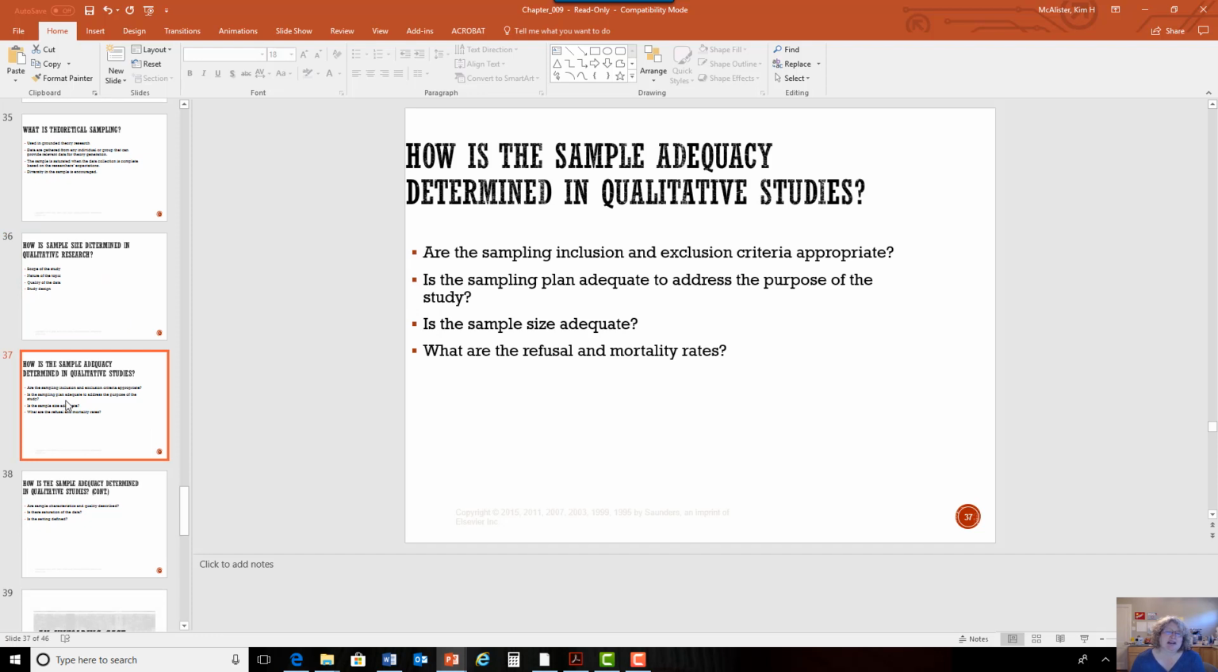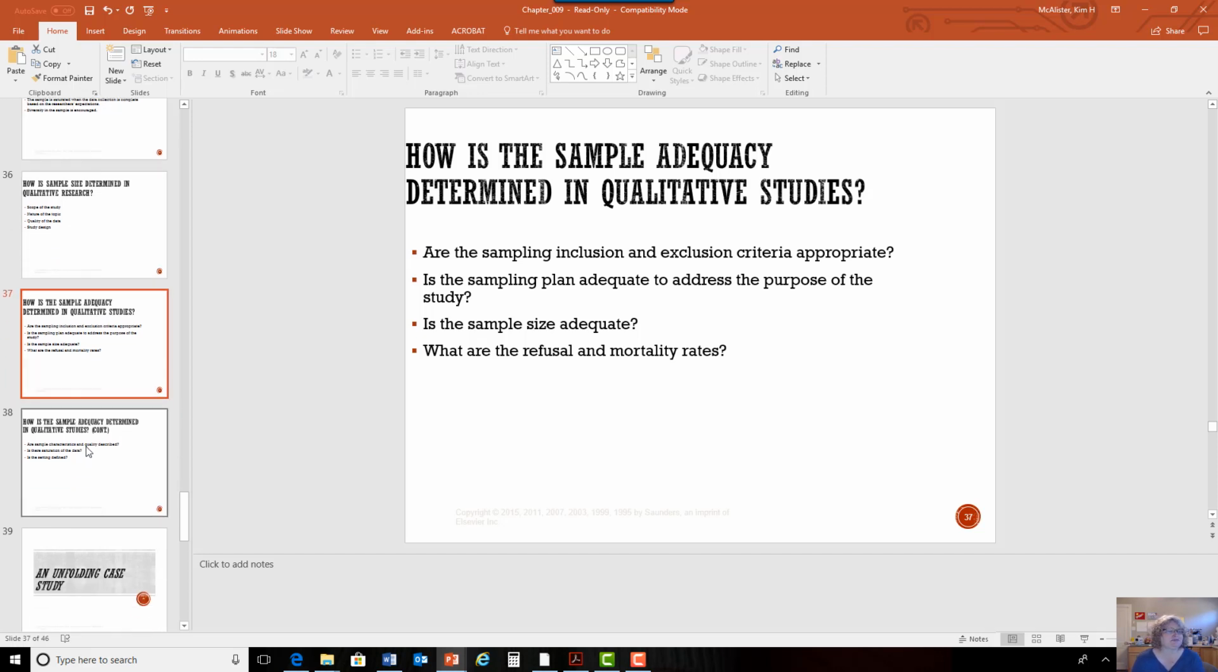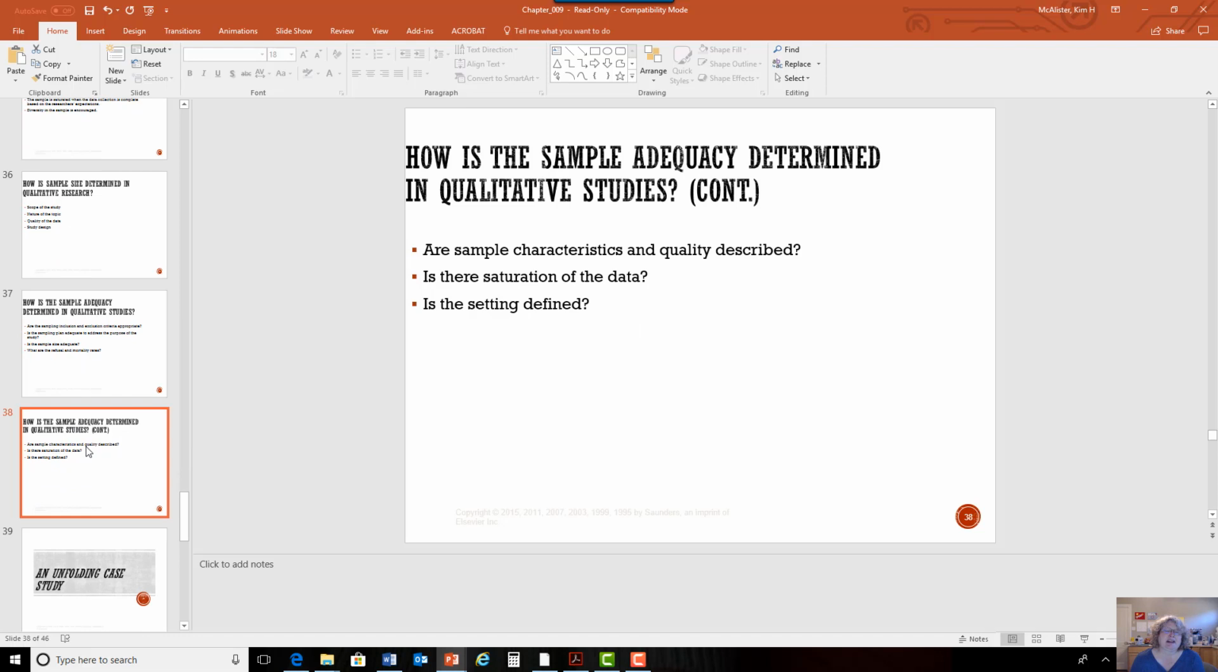So you want to look at the sampling, inclusion, and exclusion again and decide if that's appropriate. Is it adequate to address the purpose of the study? And then what are the refusal and mortality rates, the people that drop out and the people that die out of your study? And how is the adequacy determined? So you determine that by